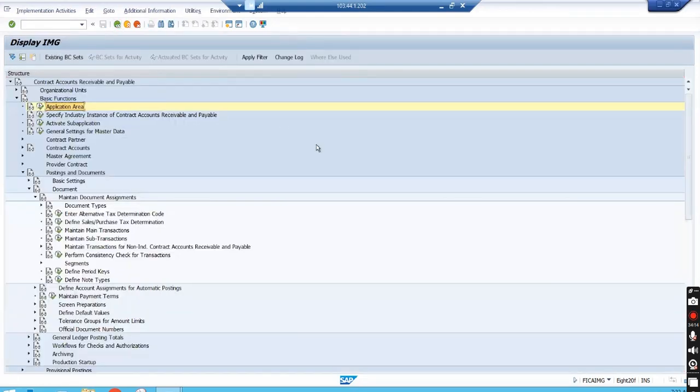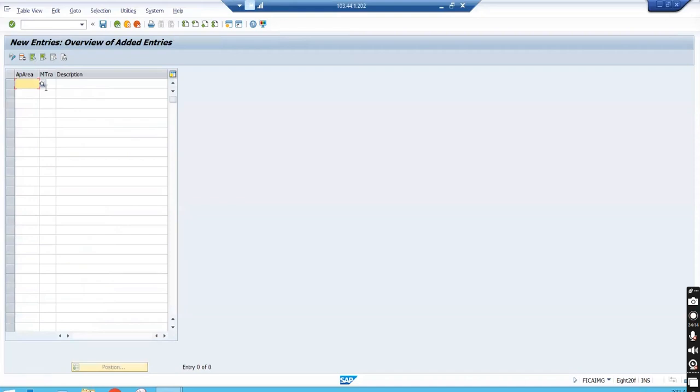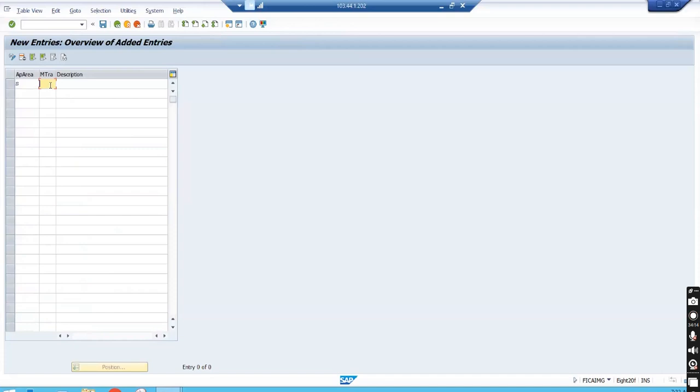So I'm also going to create the main and sub transaction under S. Here a couple of hours ago I can see somebody activated, somebody is using utility posting area, which is not activated here. Active application area is S, main transaction is S. So I'll create the same Z102,